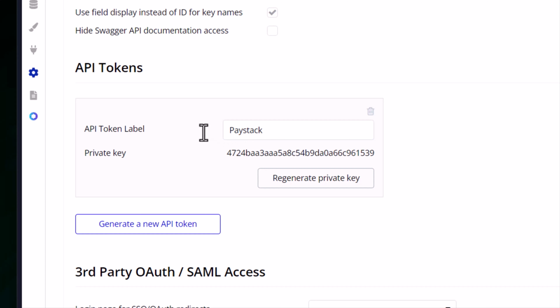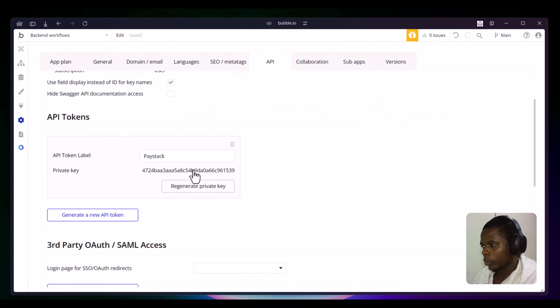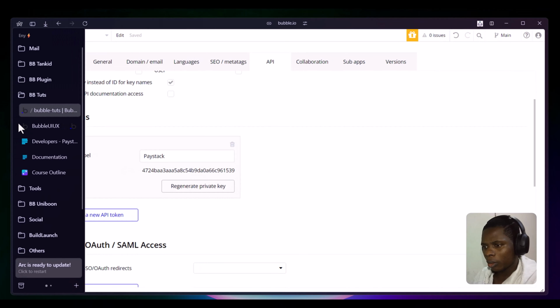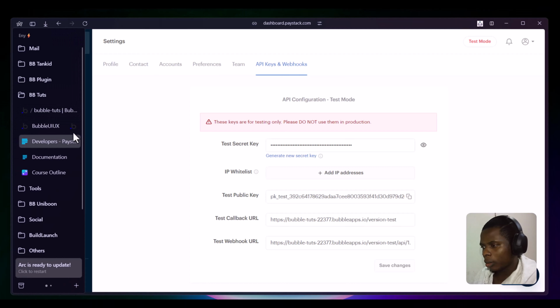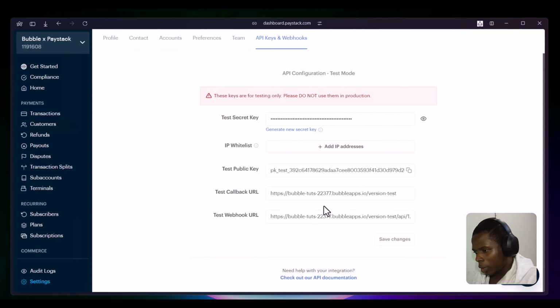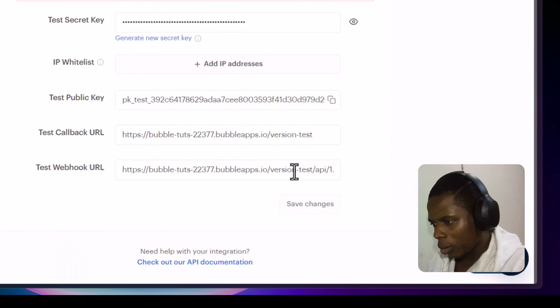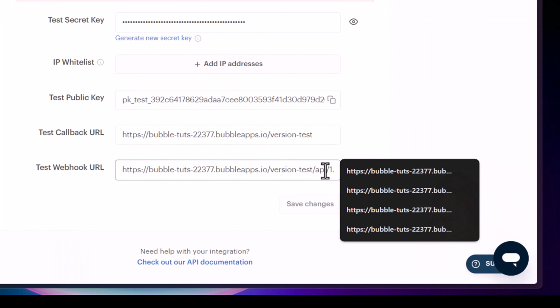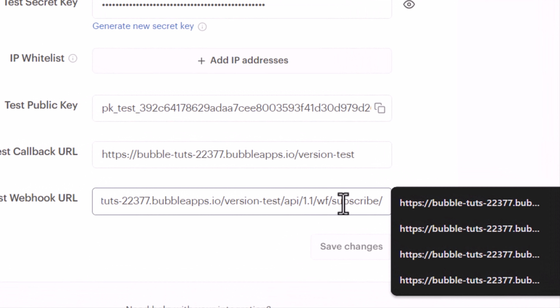Okay, because I'm using it for Paystack, so just labeling something related. And you just copy this. Alright. And then let's head to Paystack. Now right here on this webhook URL, right, so just scroll to the end of the URL,